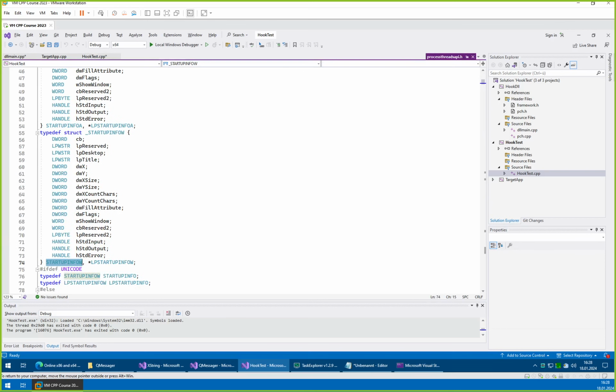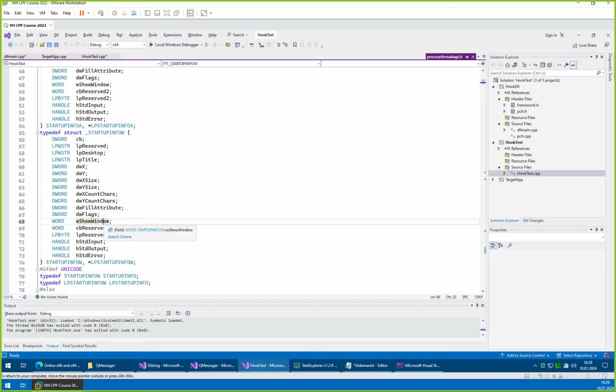Here, as you see, we have some reserved fields. We have then, so we could specify on which desktop, we could specify a title for the window, we could specify the position where we want the window to be shown. Although, for these values to have a meaning, you would need to specify a flag that these values have been set. So we can just not set any flags, and it will just do